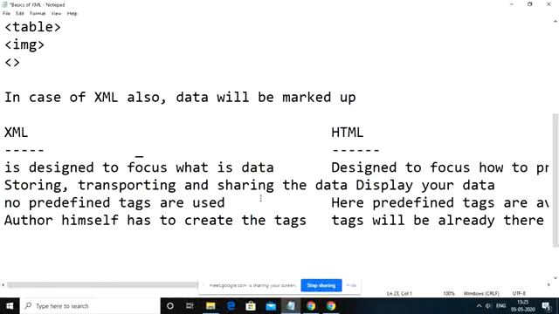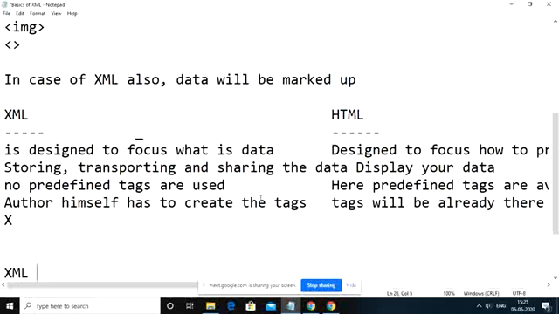Now some features of the XML language. Basically, whatever data you provide or store with the help of XML will be in plain text format. XML stores the data in plain text format.